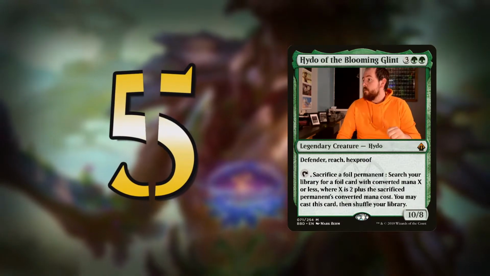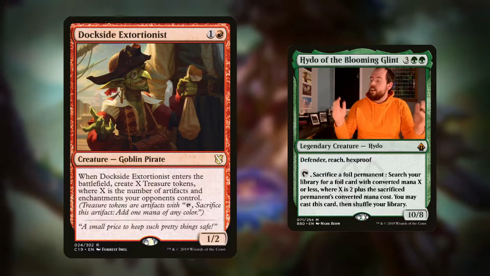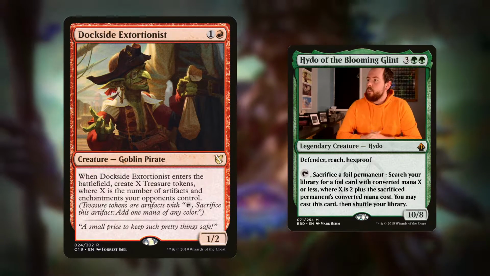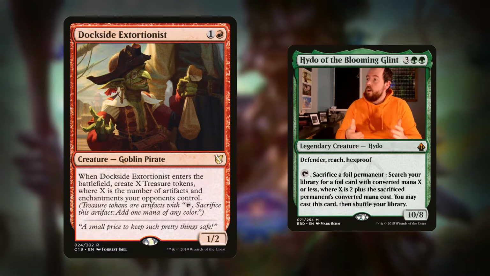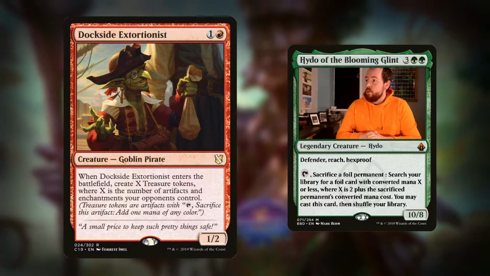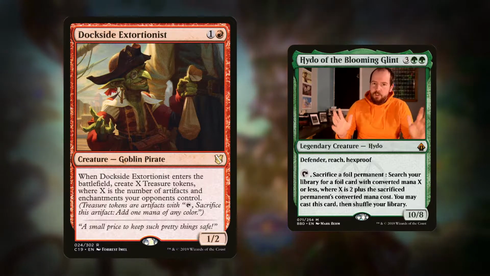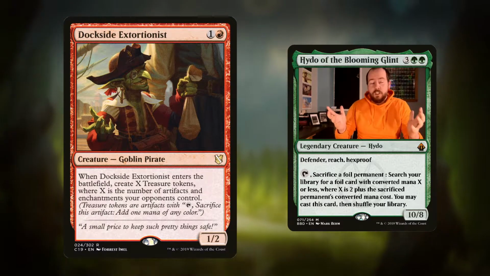In at number 5, we've got Dockside Extortionist. A 2 mana 1/2. When it enters the battlefield, create X treasure tokens, where X is the number of artifacts and enchantments your opponents control. Excellent bit of ramp, very expensive card unfortunately, but this is exactly the sort of card you want to be